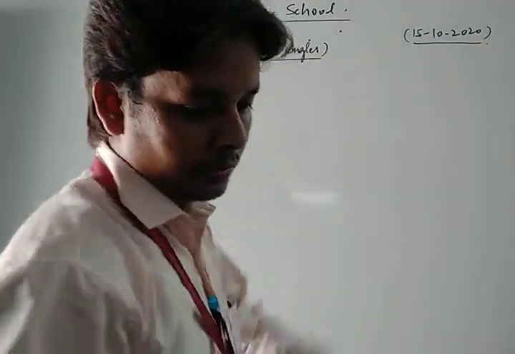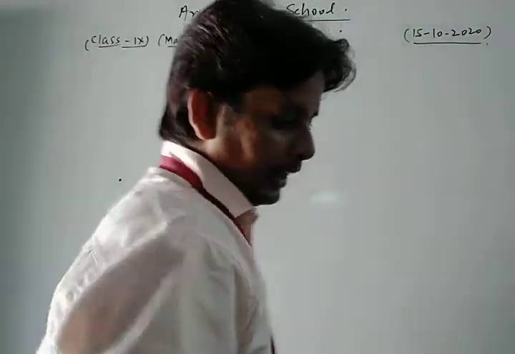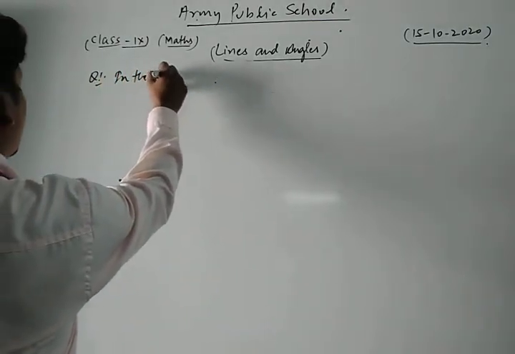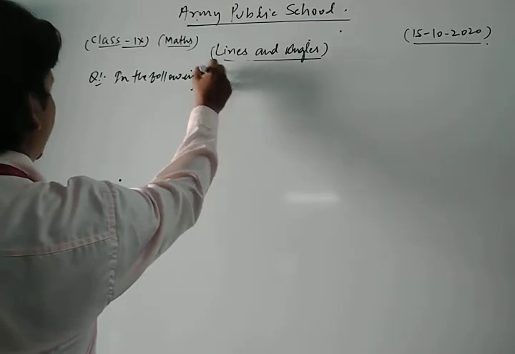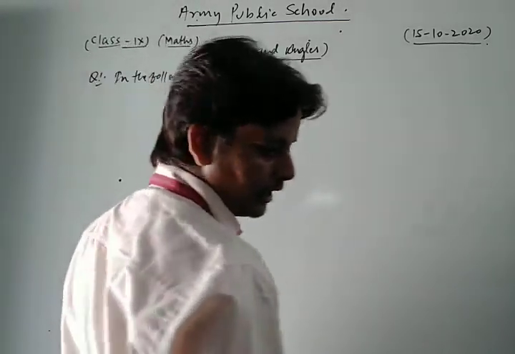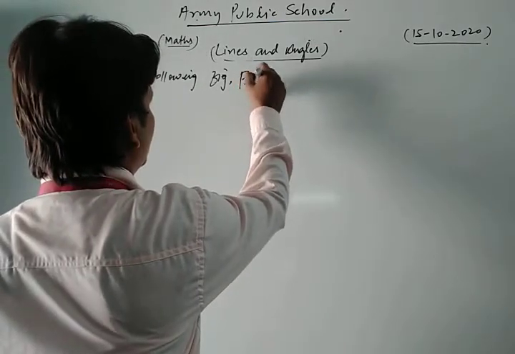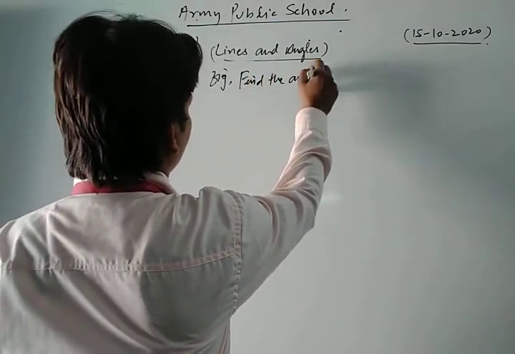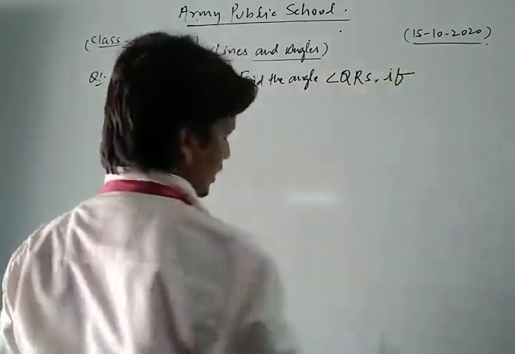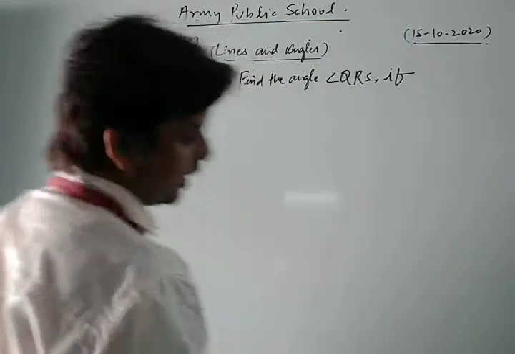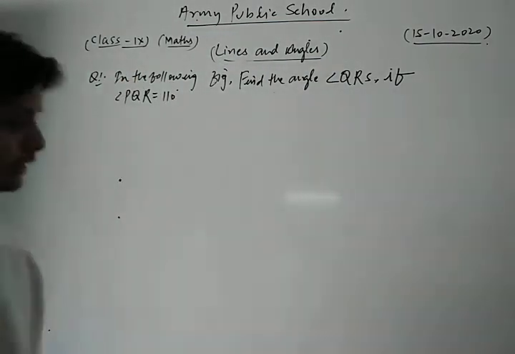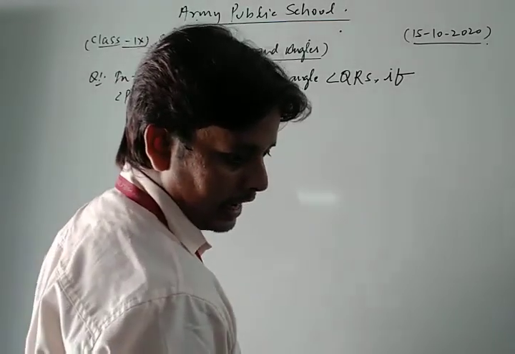Now look, dear friends, in the following figure, your question is: in the following figure, find the angle QRS. Find the angle QRS if angle PQR is equal to 110 and angle RST